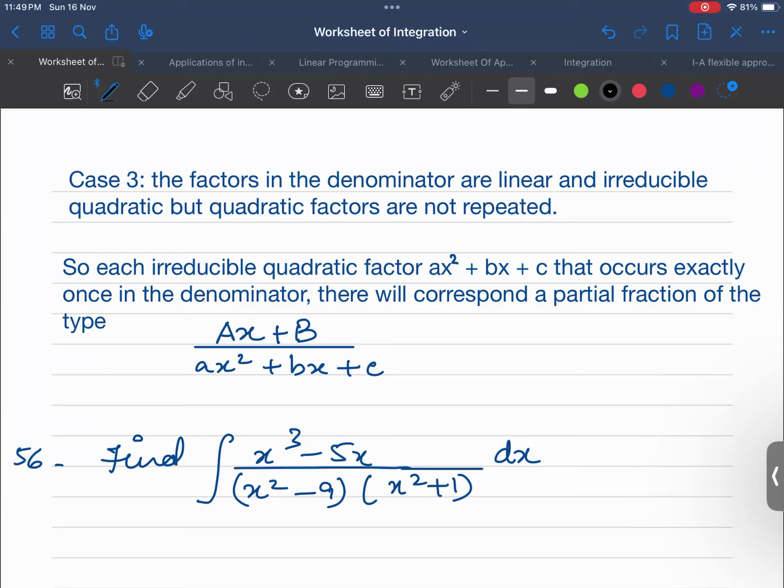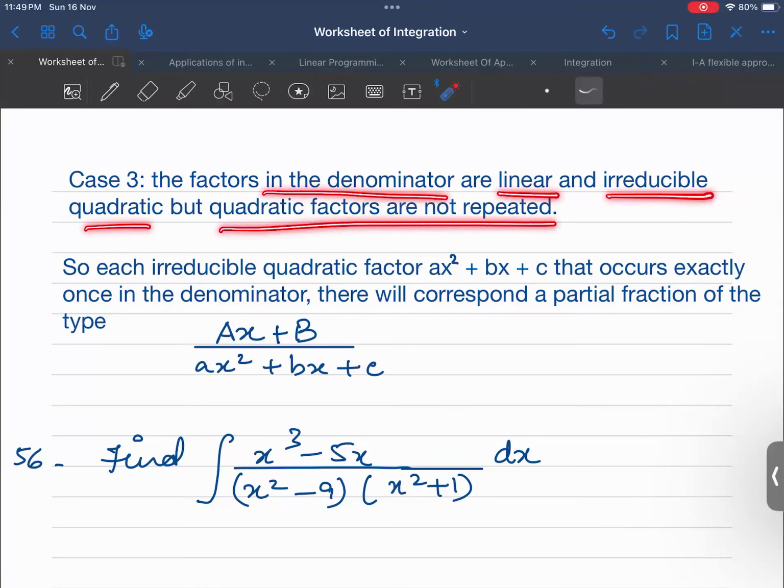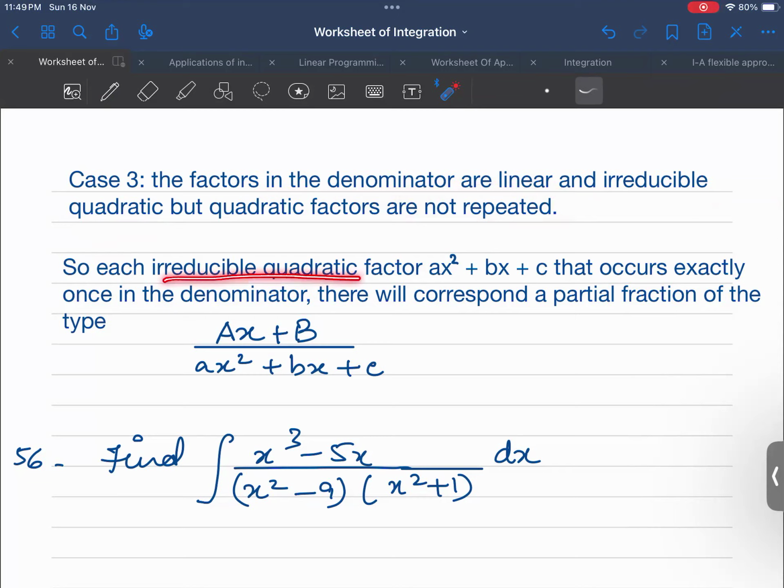So now we are doing the third case, where the factors in the denominator are linear and irreducible quadratic, but the quadratic factors are not repeated. Each irreducible quadratic factor, like ax square plus bx plus c, is a quadratic that occurs exactly once in the denominator. There will correspond a partial fraction of the type